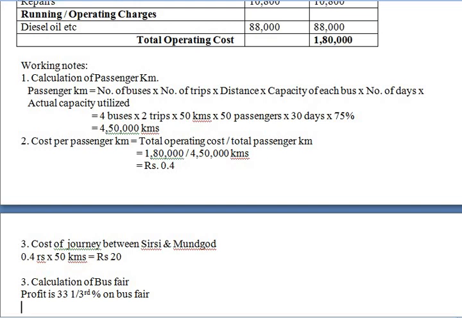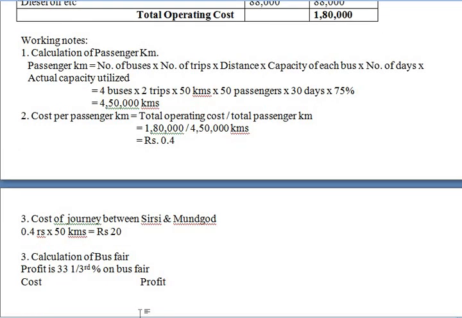Okay, now what calculation we will do is cost and profit. Okay, now we know profit is 33 1/3, right? That is 33.33 it will be. Okay, then cost will be 66.67,